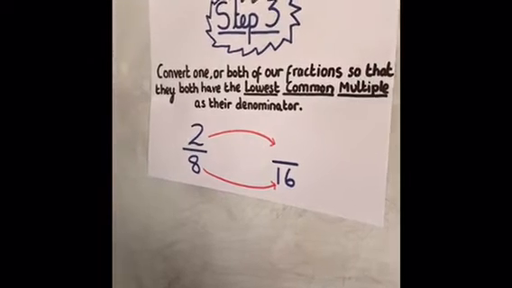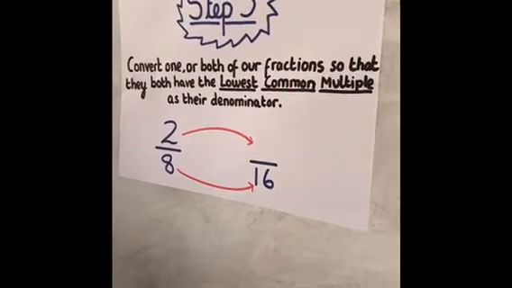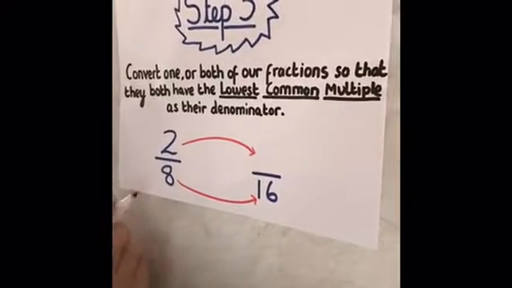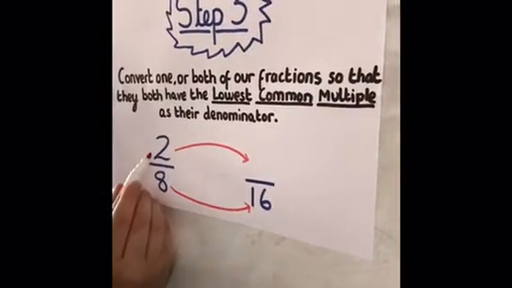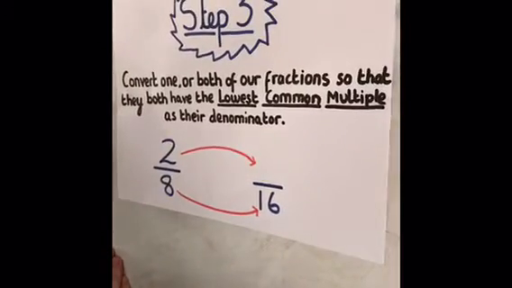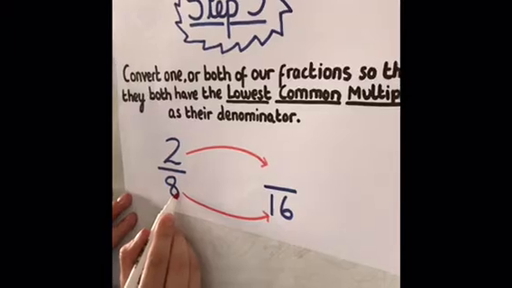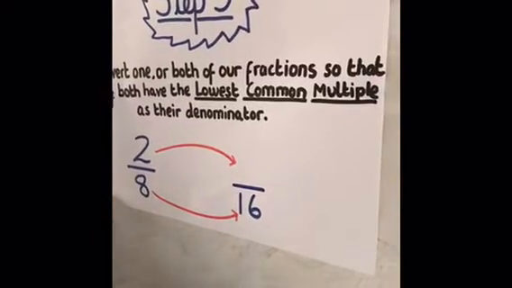So step 3, we have found that our lowest common multiple is 16, so we now need to convert one or both of our fractions so that they both have 16 as their denominator. So we're going to convert 2/8, so we're going to write 2/8 and we're going to put 16 as our